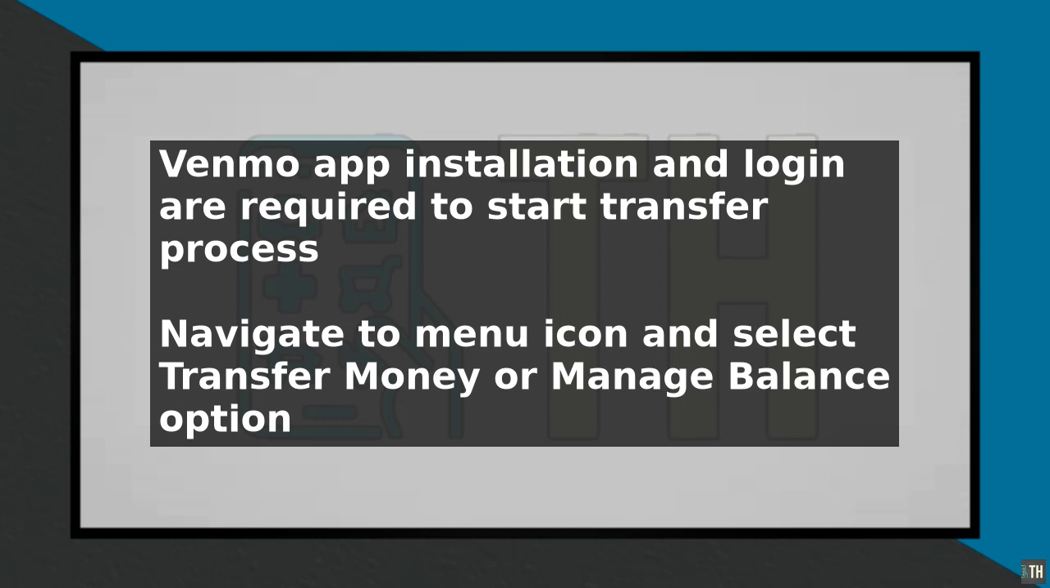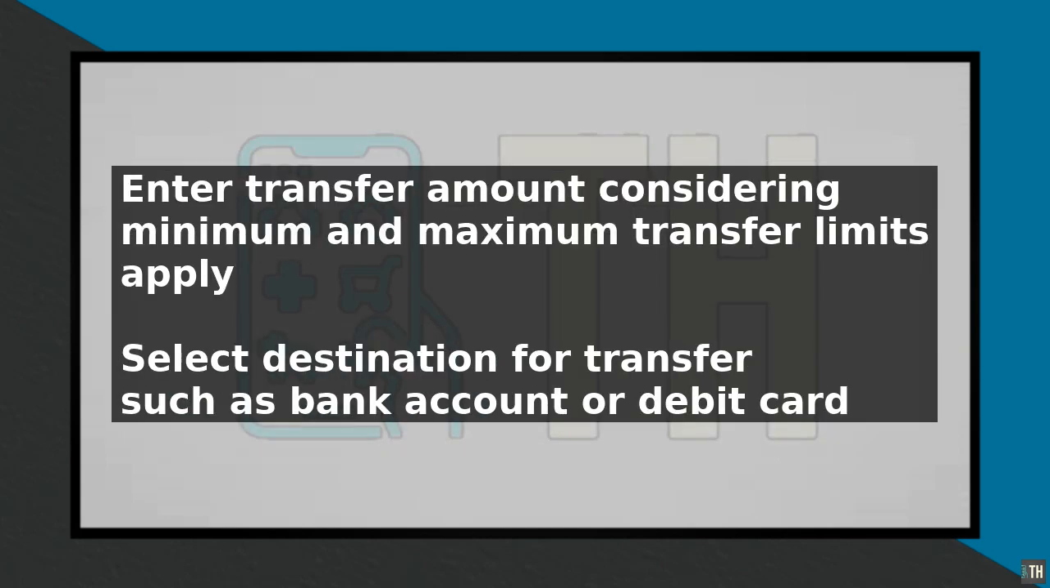horizontal lines. From the menu, select the Transfer Money option or the Manage Balance option, depending on your account type. Next, you will be prompted to choose the amount you want to transfer from your Venmo Credit to your bank account or debit card. Enter the amount you wish to transfer, taking into account any minimum or maximum transfer limits